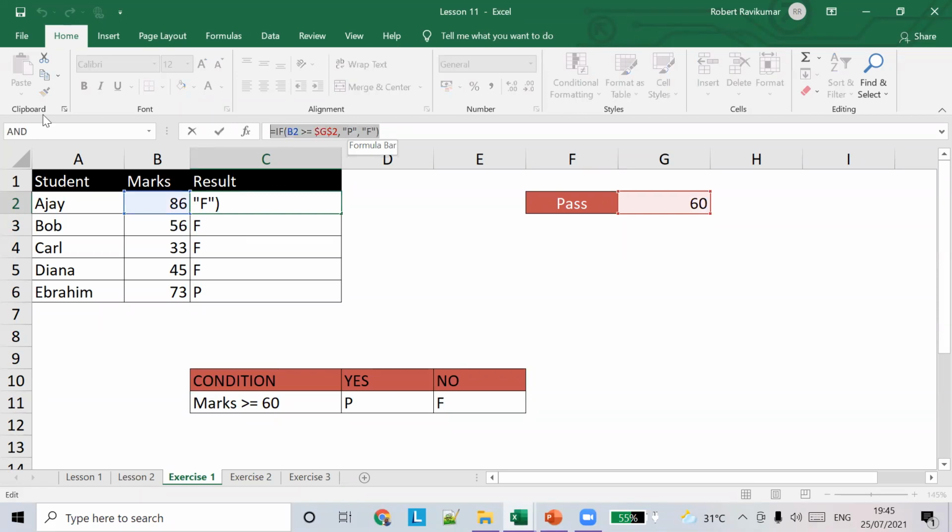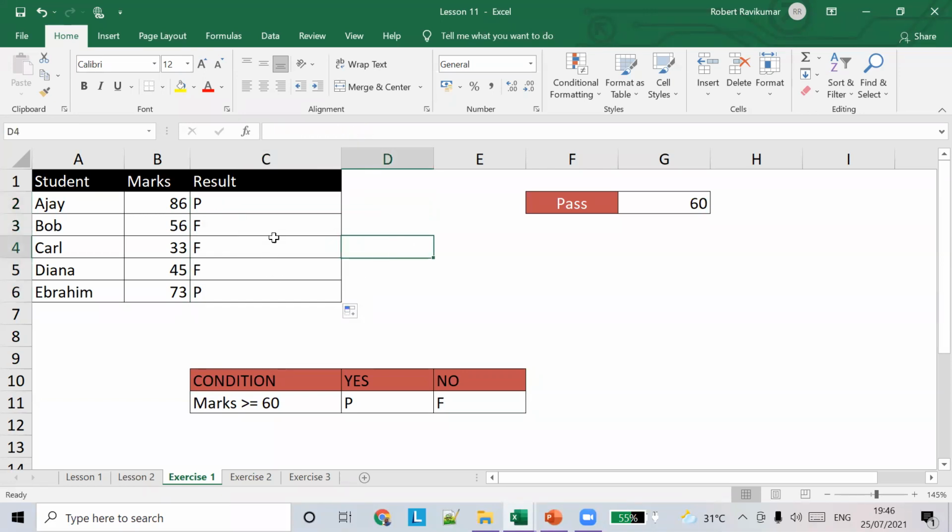As usual, the formula is =IF(B2>=$G$2,"P","F"). Okay, so that's it. If you drag this down, that's it. This is the formula for this sum.